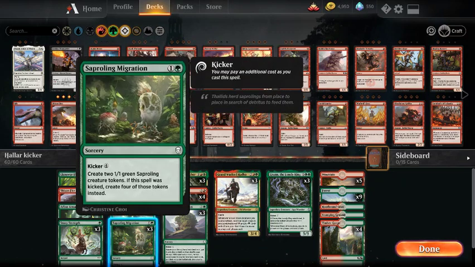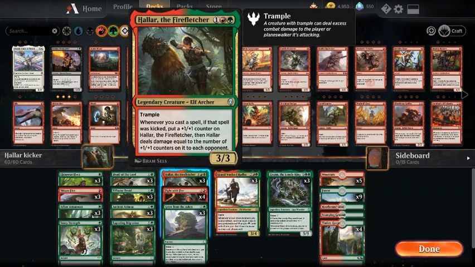Then Sap Migration, 2 for 2 1/1s, and if it was kicked, create 4 1/1s. So 6 mana for 4 1/1s, 2 mana for 2 1/1s. I mean, yeah, 6 mana for 4 1/1s doesn't seem great, but sometimes it can just do a lot. And it's putting lots of bodies on the board. So, Howler,